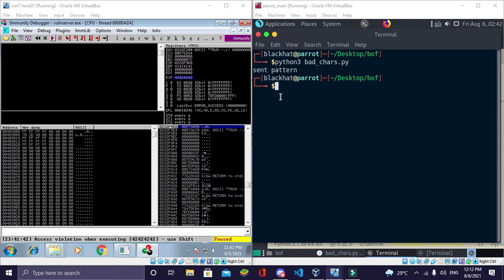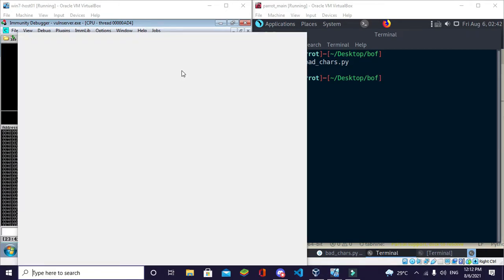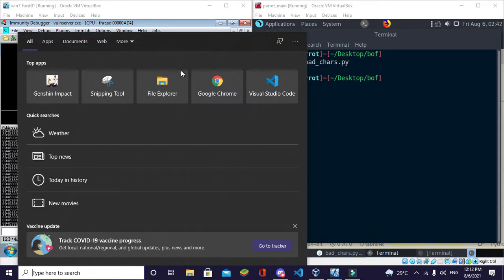This 42 is actually the hexadecimal value of the character capital B, and we have sent 4 B's. Why 4 B's? That's because the size of the EIP is 32 bits, which is 8 times 4, which means 4 characters, because one character is 8 bits long. To fill the EIP we have to send 4 of those characters.